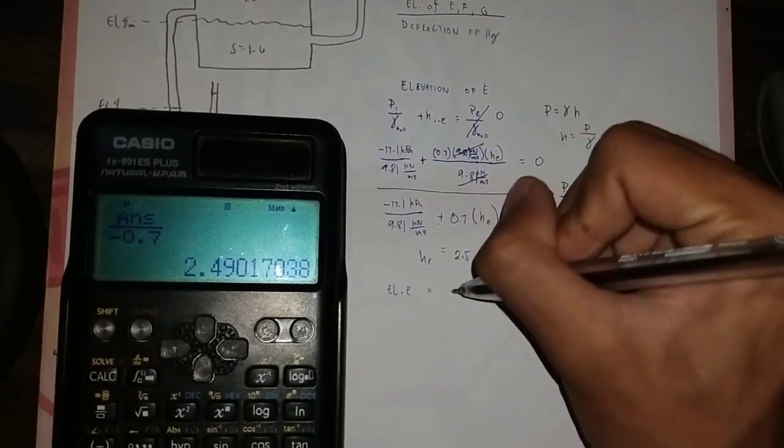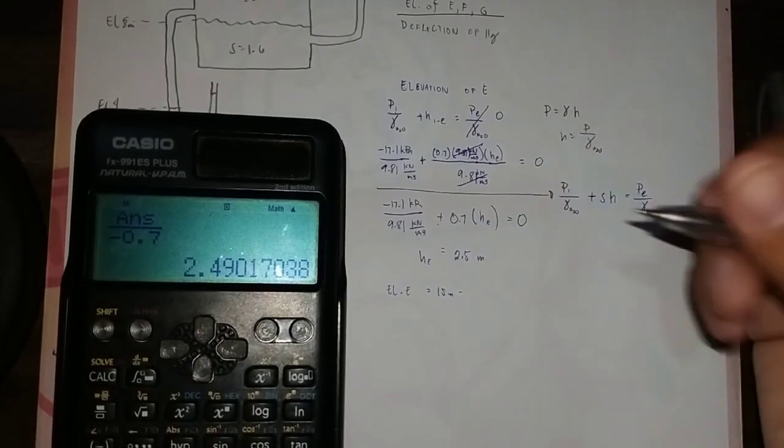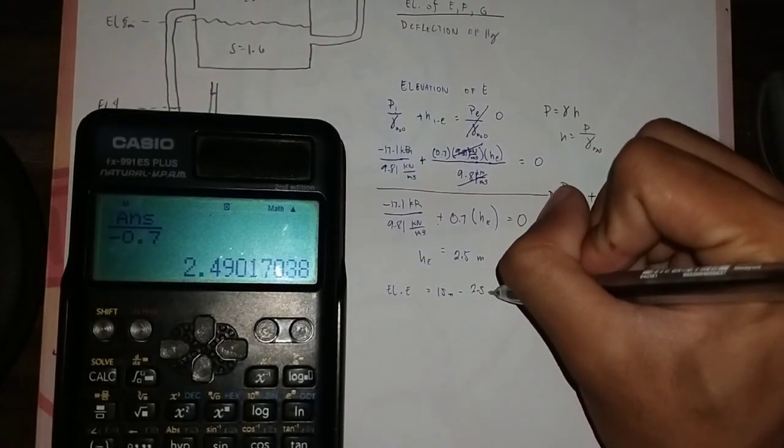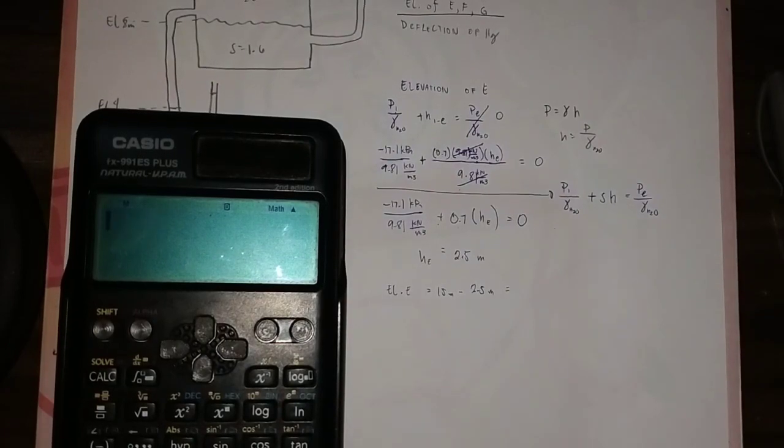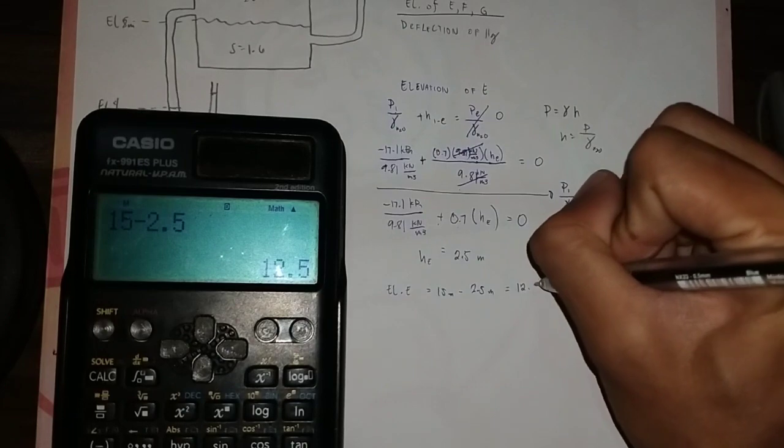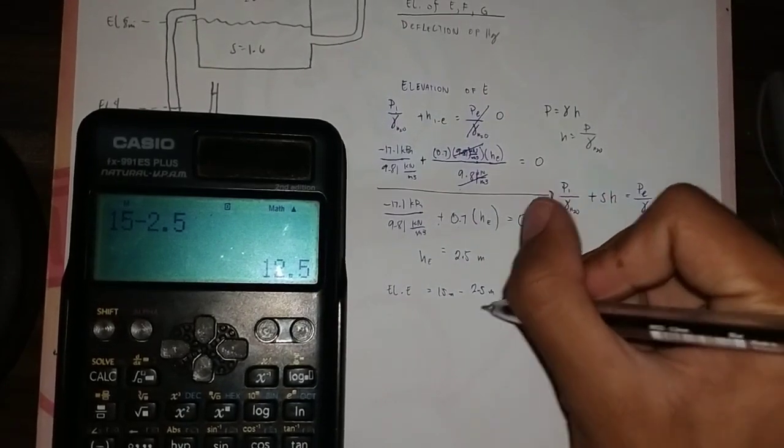So the elevation of E is equal to 15 meters minus the height of E, which is 2.5 meters, which is equal to 12.5 meters. So this is the elevation at